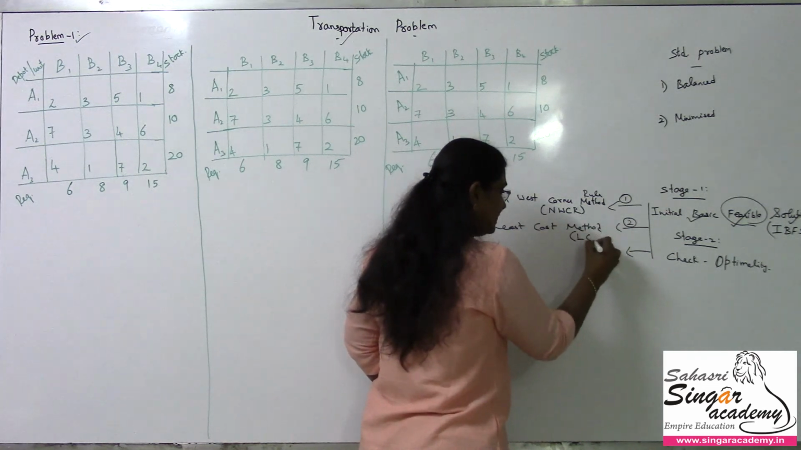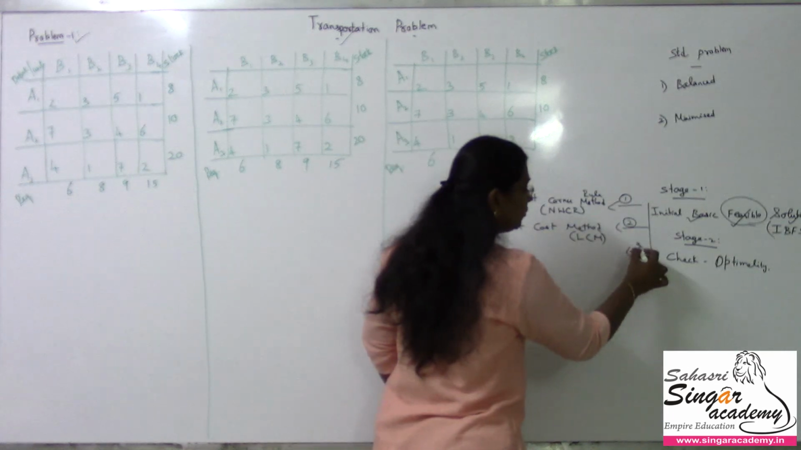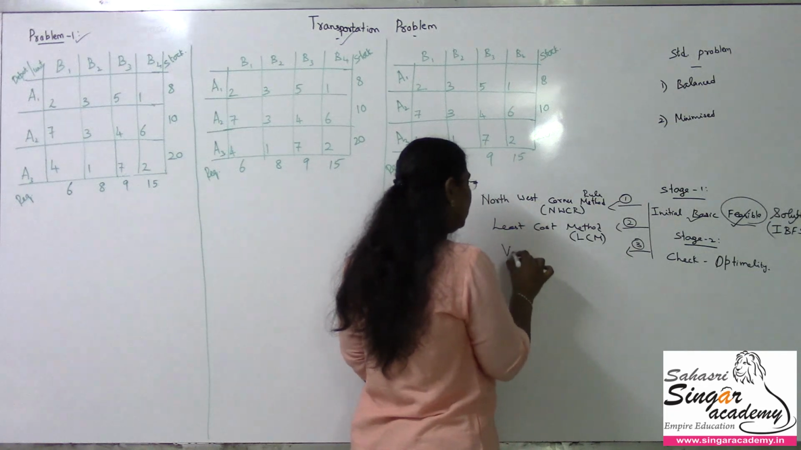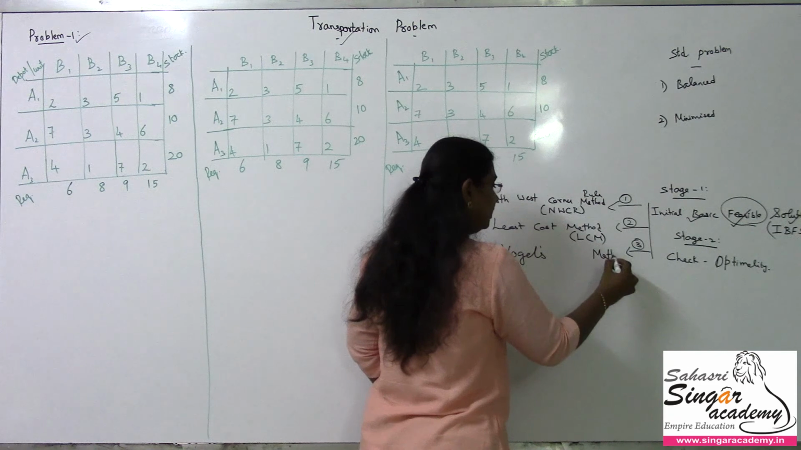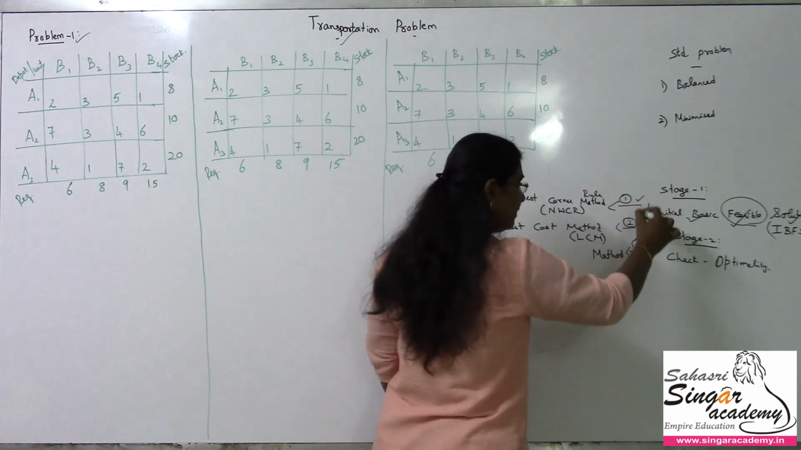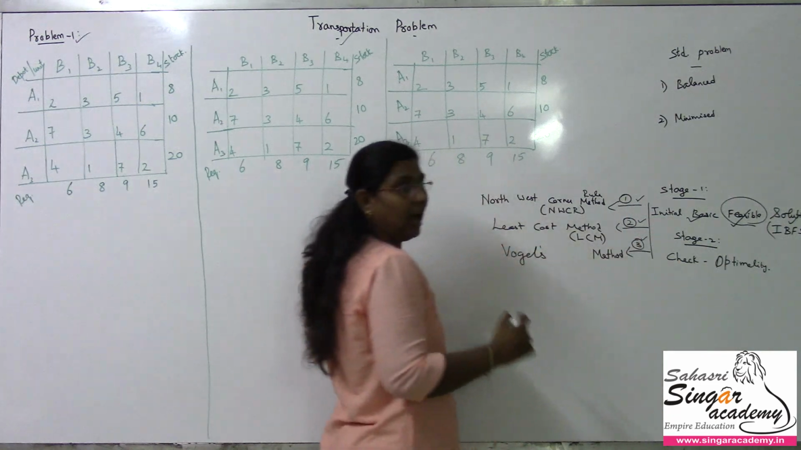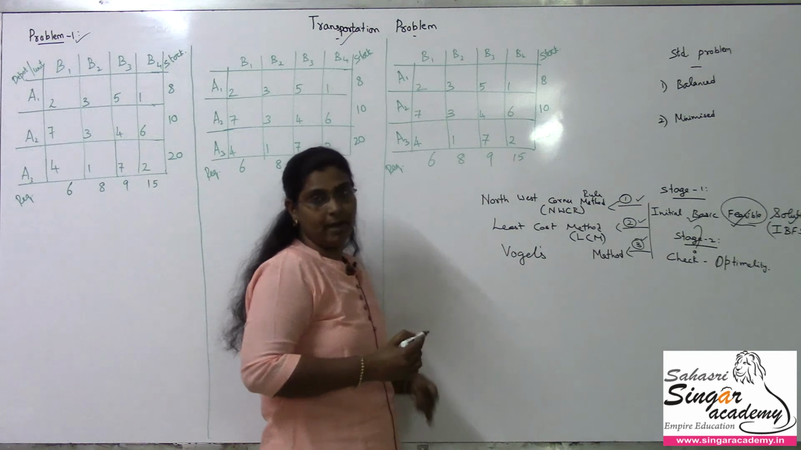We call this the LCM method. And the third method was founded by Ogle. We call this Ogle's method. So we have three methods, and after finding the solution from these three methods, we'll go for the second stage